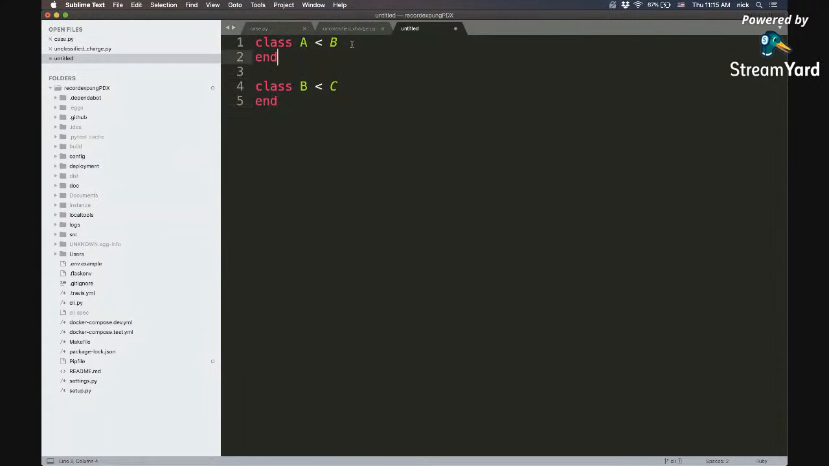This type of class structure is perfectly fine because each class only inherits from one class. So you can follow the chain upward. Let me put this down here. So here, class A only inherits from class B. And so if a method, let's say nil, for example,